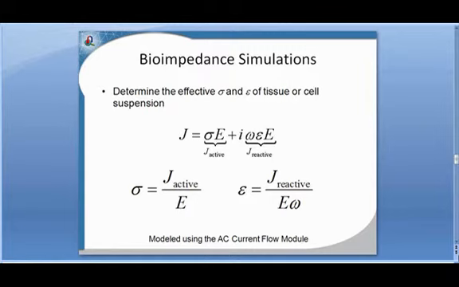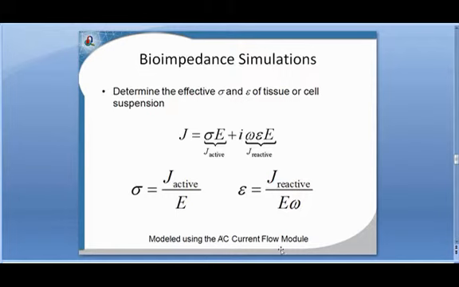Now this is related to bioimpedance simulations, where we're interested in the electrical properties of a tissue or a cell suspension. It turns out the apparent current density is a sum of active and reactive current densities, and this is just the Maxwell displacement term of the current. And it turns out the conductivity is just the active current density divided by the electric field, whereas the permittivity is the reactive current density divided by the electric field times the frequency. And when we do this, we're modeling an AC current